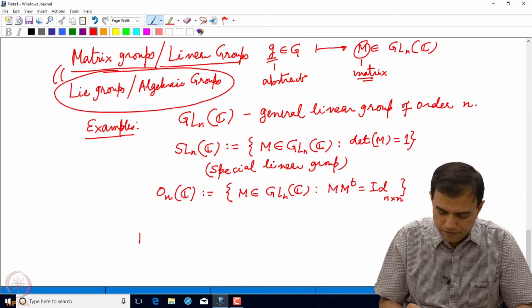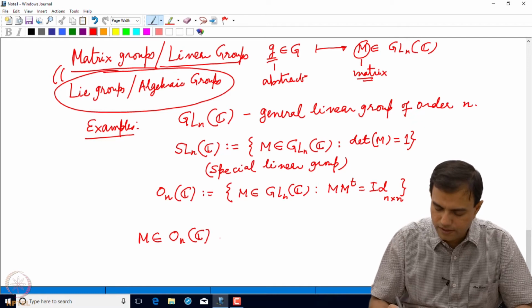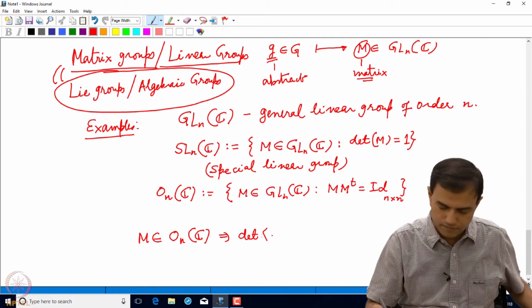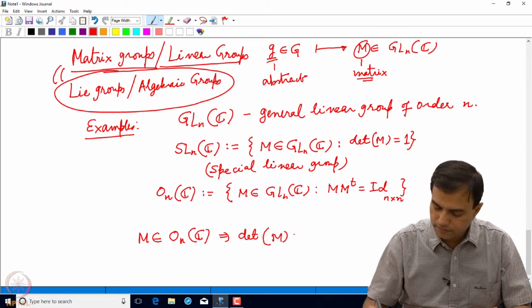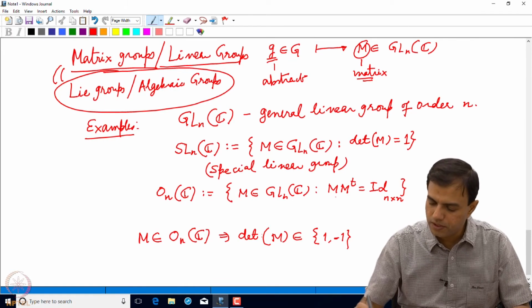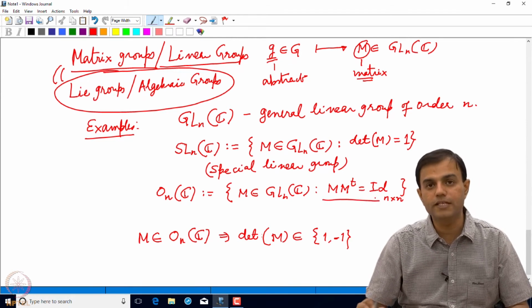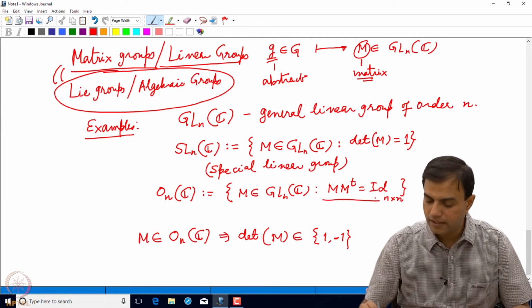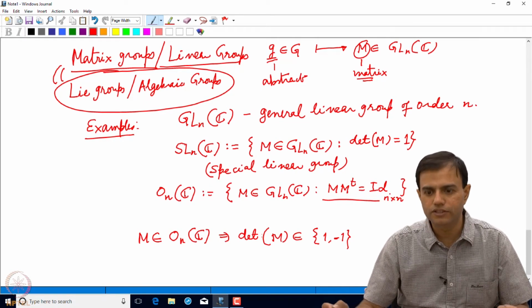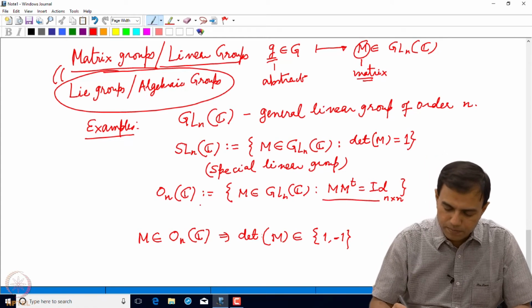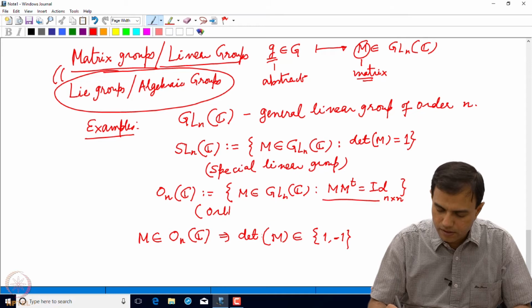If you pick an element from OnC, then its determinant is either +1 or -1. This is because the determinant of the transpose of a matrix is the same as the determinant of the matrix, and therefore the determinant of M squared is just 1. So this group is called the orthogonal group,